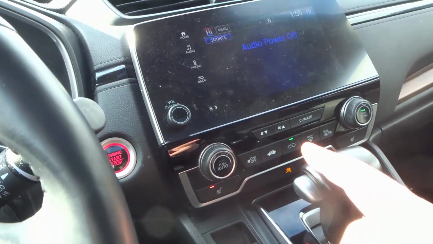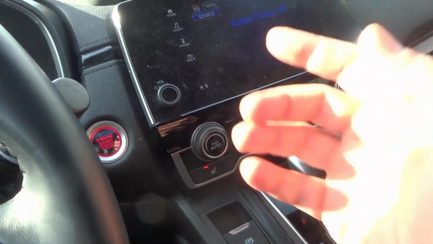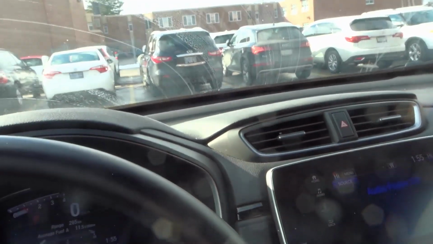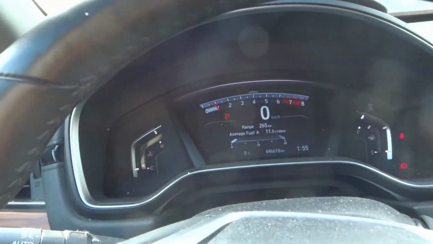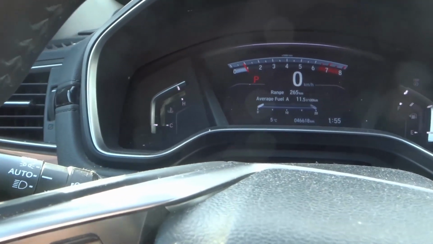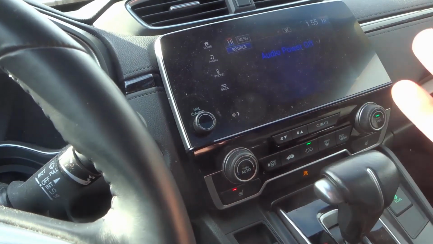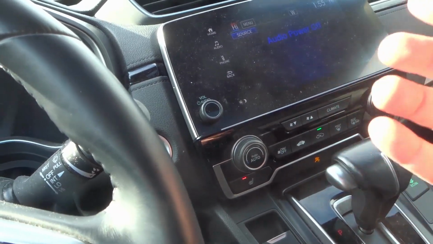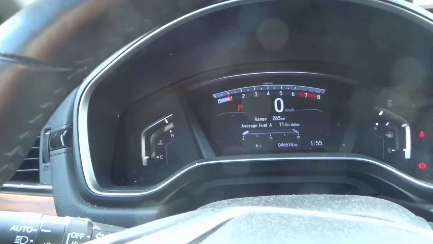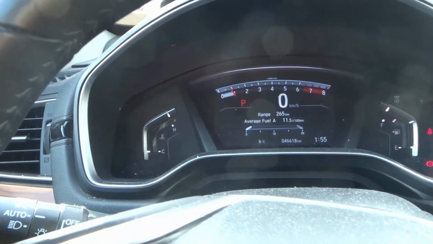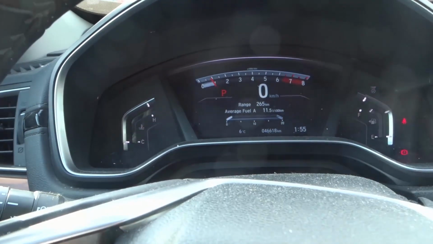You can actually crank the heat in the car, because that's going to draw the heat from the engine bay, which will cool down the engine. It's a temporary fix, but it'll allow you to get to a mechanic's shop. So if it starts to overheat, crank the heat of the car. I know it's counterintuitive, but it's going to suck out that warm air from the engine and basically allow the engine to get